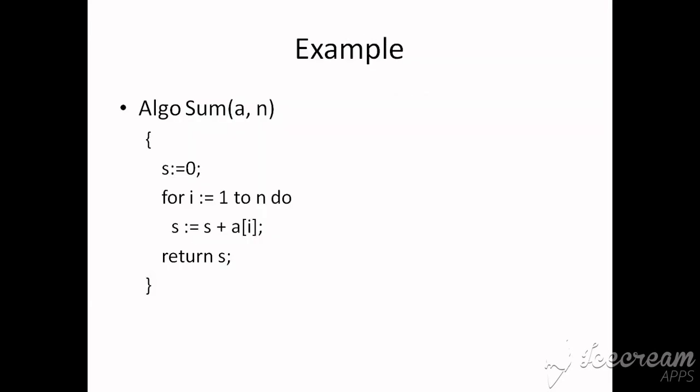To understand how we can calculate the overall space of the program, let us consider one example. This is our example algorithm. The purpose of this algorithm is to find the sum of elements from the given array. To implement this logic, we are using three variables: s to sum elements, i for iteration, and one array a whose length is n. So here is the algorithm, with variables s, i, and a, and the size of the array, n.